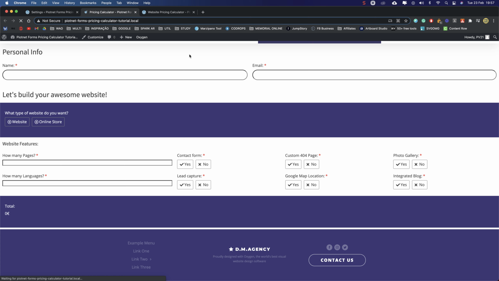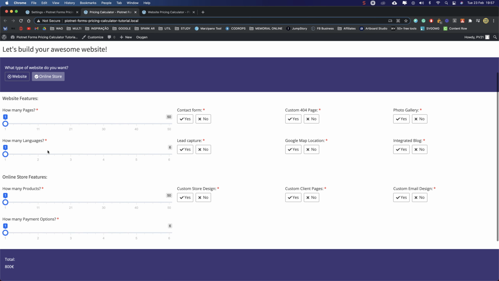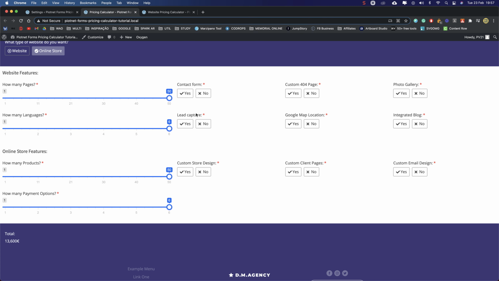Let's see if we didn't break anything. Okay, it's showing. Now it has 800 because it's adding all these four, because 1 is the minimum. Okay, it's working, it's adding over here as well. Pretty awesome. Everything works. Let's see. Ooh, that's good pricing. It still works.